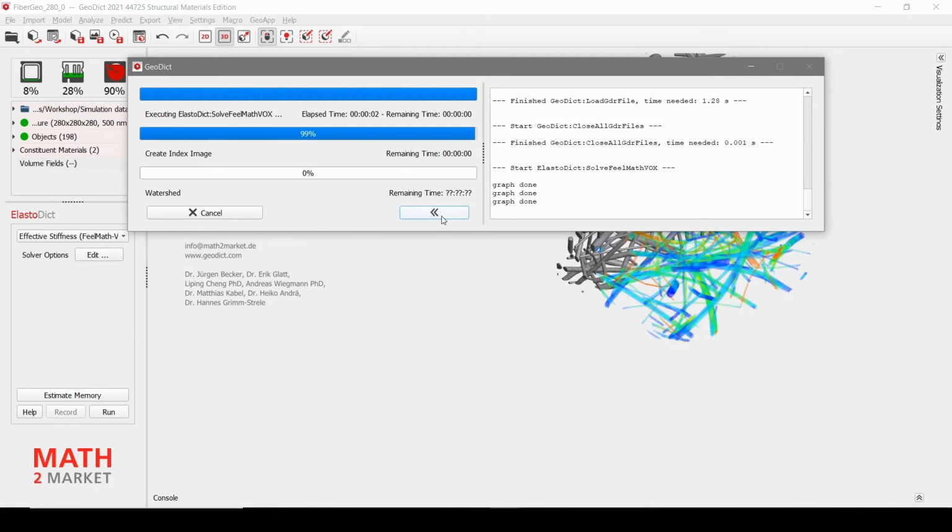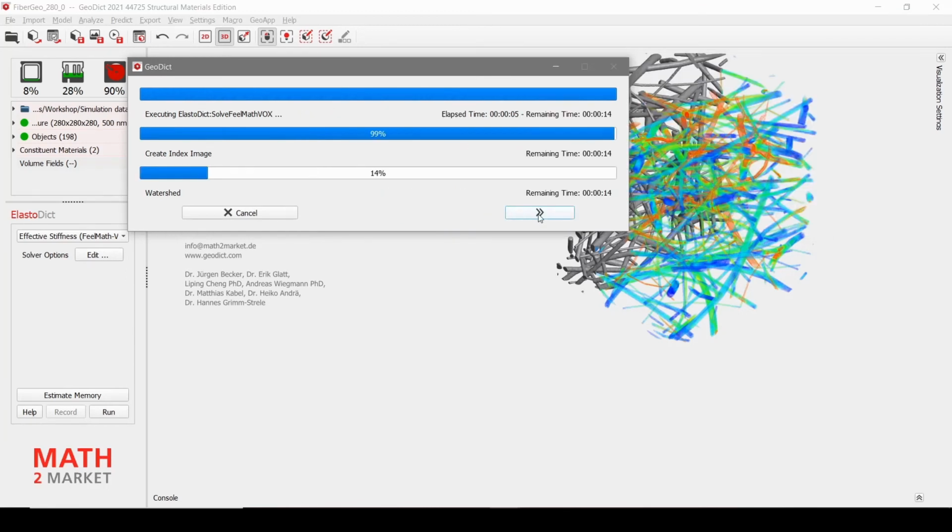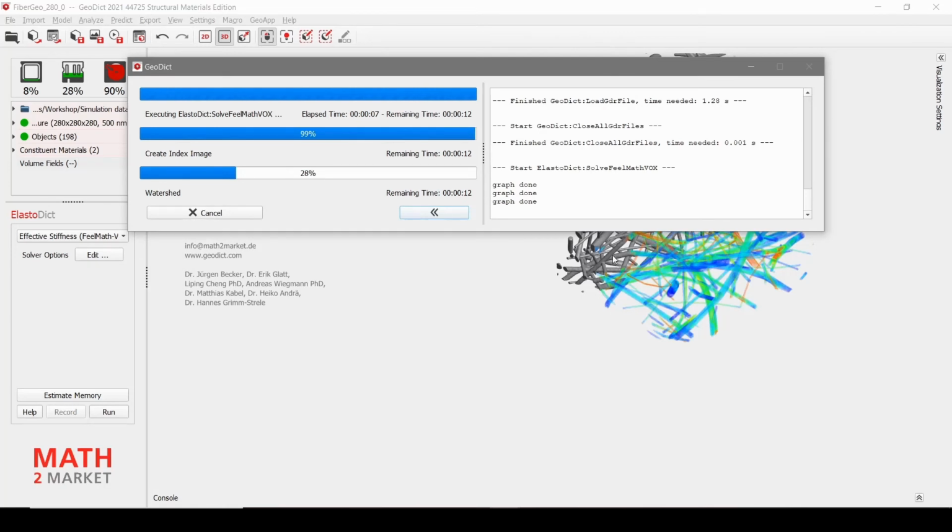Okay, you can again open and close the report with this arrow, and here you will again get some information on how far ElastoDict progresses. At the moment, ElastoDict is still initializing and preparing.